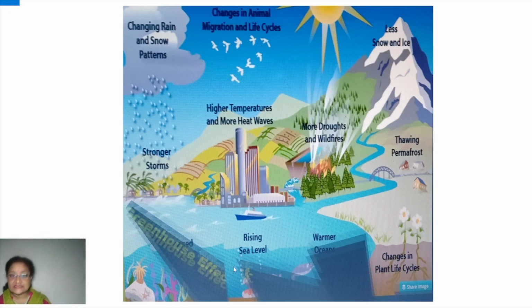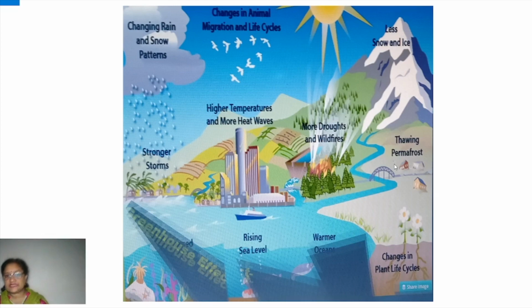Then next is rising sea level. The sea level will rise more and more as a result of global warming. Then ocean waters are going to be warmer. Then plants' life cycles will get affected by that. Thawing permafrost. What is thawing permafrost? Permafrost is a level beyond which the snow is always found. Okay, there is an imaginary line beyond which glaciers are always seen, or the snow or the ice cover is there. So that will start melting and it will again get affected by that.